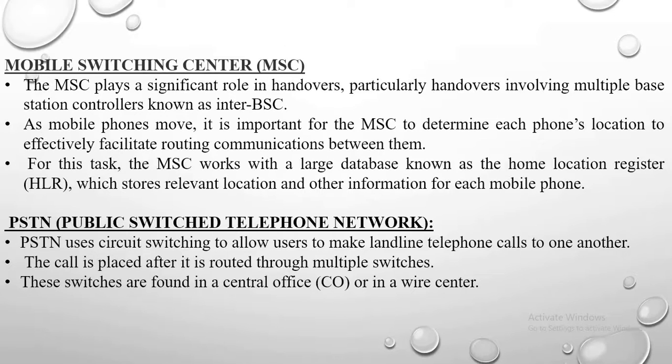Once again, the mobile switching center consists of your SIM IDs and all. It has your details based upon your mobile location, timing and SIM ID. Whenever your signal reaches the mobile switching center, it is going to search for your information, and then it is going to give the connection to your home mobile switching center. Home mobile switching center is nothing but wherever you have taken the SIM, where your SIM is registered. If you are in that particular area, it is going to connect the call.